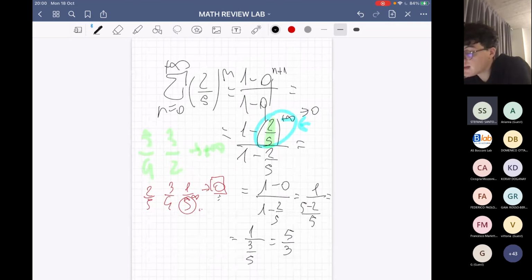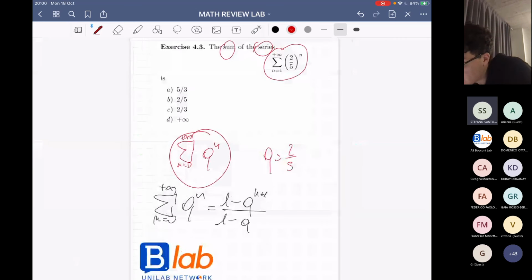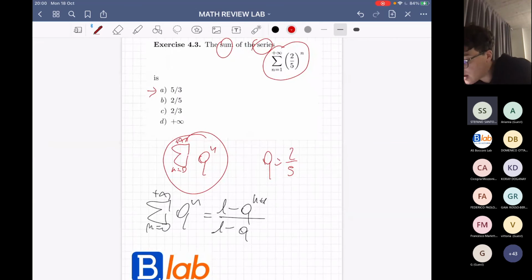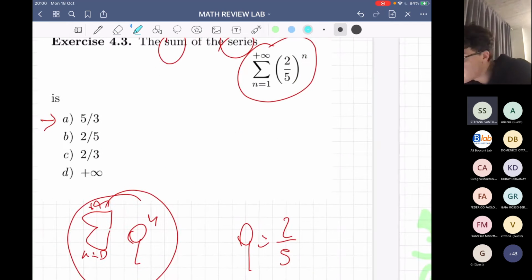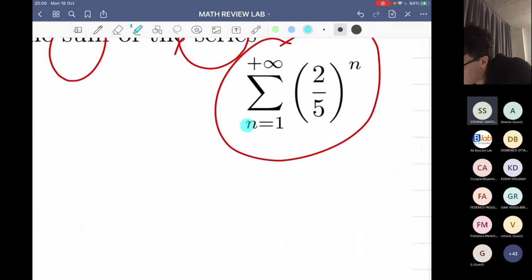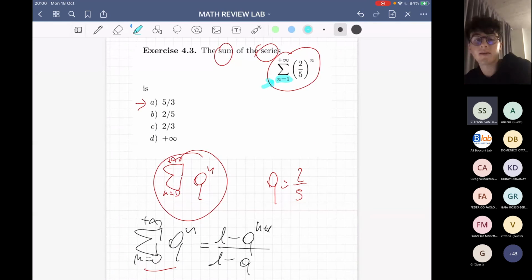But that's not over, because if we do this exercise well, okay, I did everything good, that's the result. Oh, also here I have the 5 over 3, okay, that's good. Why not? Because that's the formula, I apply the formula, and that's it. But no, that's not the correct answer, in fact, because we have to be really careful of everything that they give us, because maybe we haven't seen that here there is an n equal to 1, okay? And that's really important, because actually the n equal to 1 means something. Maybe we can think that it doesn't mean anything, but actually, yeah, it means something.